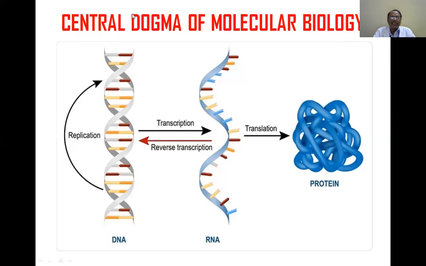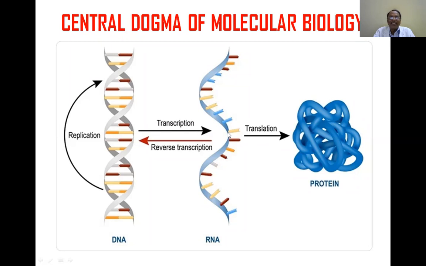This is the central dogma: DNA produces mRNA, mRNA produces a protein. Always this goes from top to bottom, DNA to RNA to protein only. The reverse cannot be done, is the initial concept of the Greek, and this is the central dogma of molecular biology. But now there are exceptions that we are able to see.